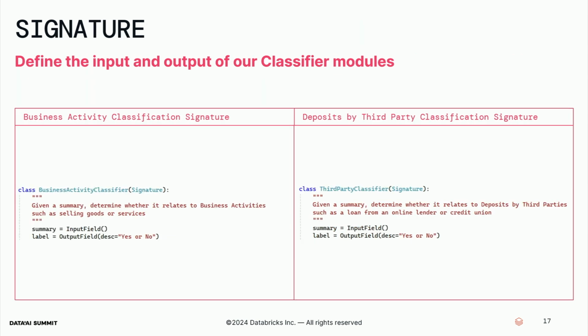Okay, the first step in any DSPy program to build this risk assessment pipeline is to define your input and output to your modules. So in this toy example, we have two sources of funds. I create a signature for determining if the client's source of funds is business activities, and perhaps that's relating to selling goods or services. I create an input field called summary and an output field called yes, that outputs yes or no. I create a signature for identifying third-party sources of funds. So the third party represents maybe you have a venture capitalist or a lender who's giving you that capital. So once again, create the input and output field. But to use a signature, we must create a module with that signature.